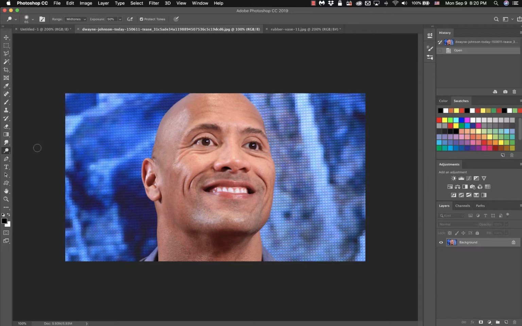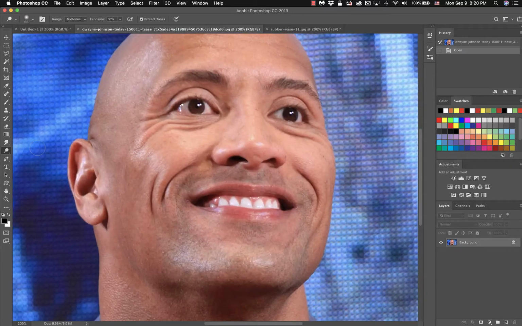I'm going to hit Command plus to zoom in on his face here. What these tools do is they kind of amplify already existing pixels in terms of highlights, shadows, and saturation. Okay, so for the dodge tool